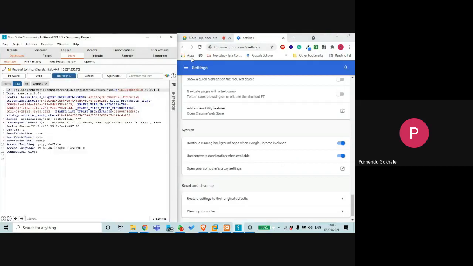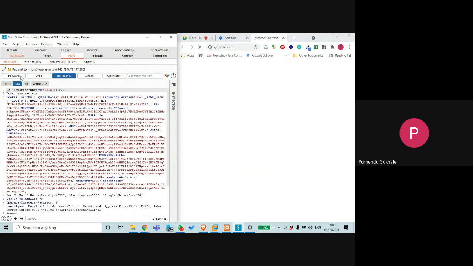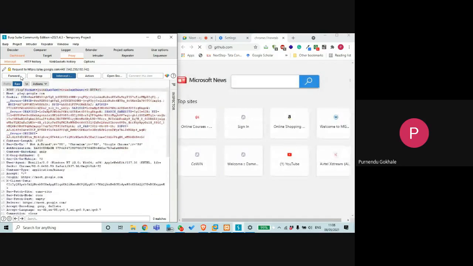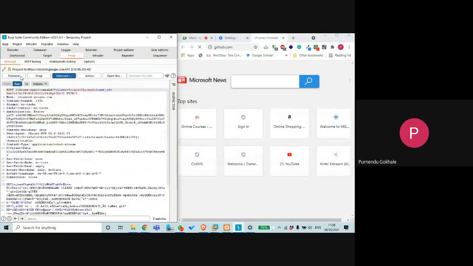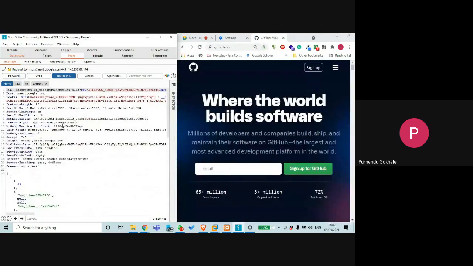So I have turned on the intercept, and now I will write github.com. I was doing forward, and it was accepting one request that it wanted to send to get access, and finally the page was loaded here.